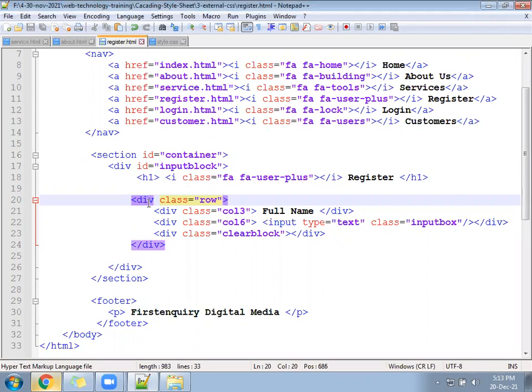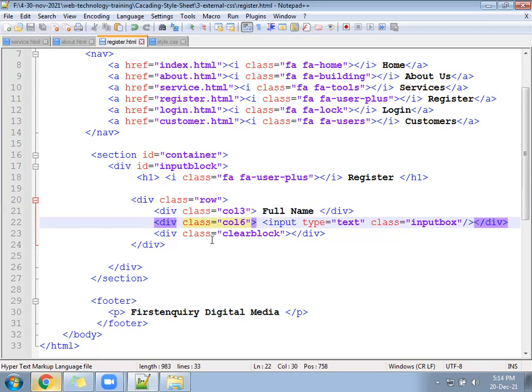In the beginning, I followed the table. Why? Because at that time we were not deep inside CSS. Why do we write column? Suppose you have a full name. The full name will come in one line, and we also split that line into two parts. One is called 3, another one is 6. 6 means 70% width, and 3 means something less. A 70-30 combination.